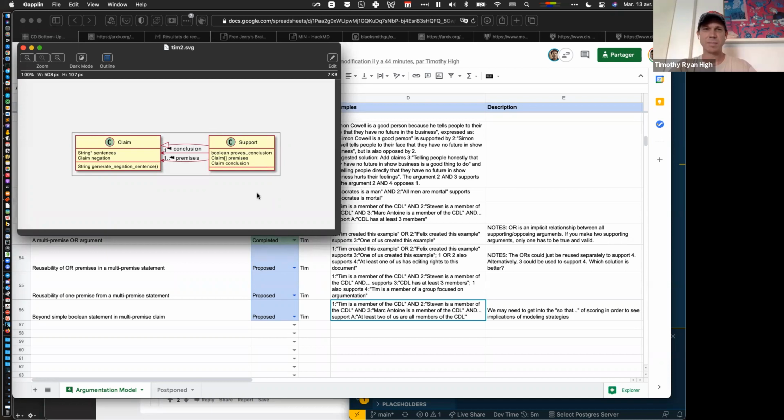Yeah, what I'm saying is it's not just a scoring problem. It's a certain kind of relationship between truth values, which is not an and, not an or. Let me call it a vector product. And I haven't seen it in this model. It's not just about scoring is what I'm trying to raise. I'm not saying we need to do that now. I'm just raising that for further consideration.